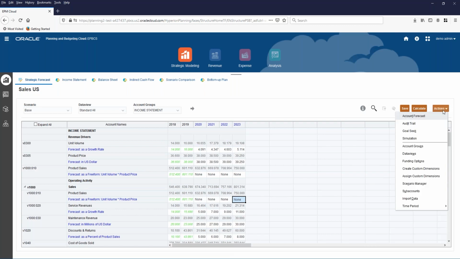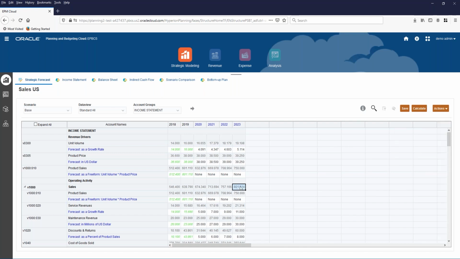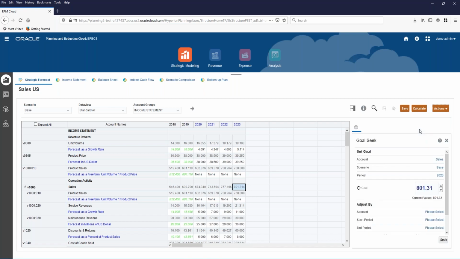All right. The next item that I really want to call your attention to is something called Goal Seek. And again, this is probably another feature that a lot of you may already be very familiar with. Let's say I want to model out the ability to get to, as you see right here, I'm projected to do $800 million, 801 in 23 for my quote unquote total sales number. But let's say if I wanted to